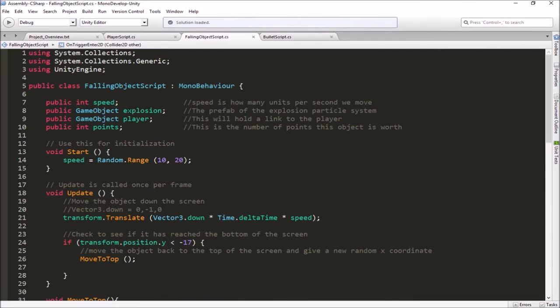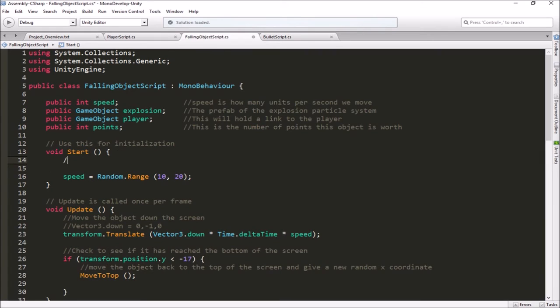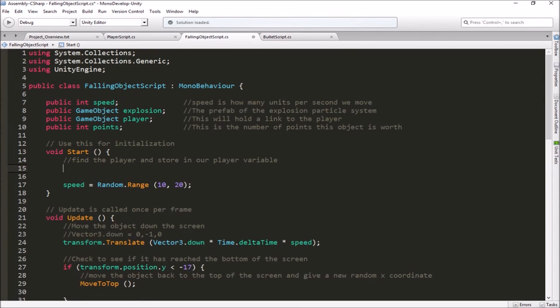So in the falling object script here, we have the variable for the player, and right now we're assigning that out in the inspector. But we could, right here at the beginning, actually find the player and store it in our player variable. Alright, and to do that we would do a command here. It's called GameObject.Find. So we would say player, we'd set that equal to GameObject.Find,